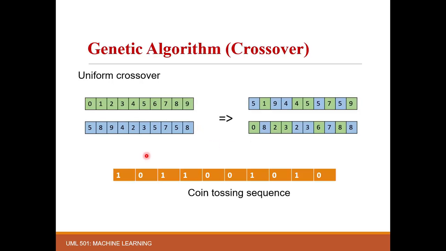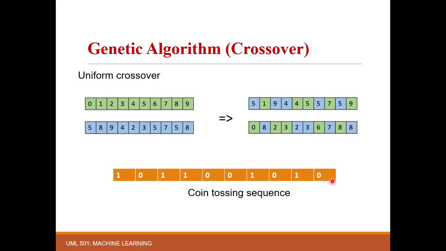Okay, suppose the next sequence is 0, then you don't have to change; the bits or genes remain as they are. Now the next toss gives 1, then you have to change: 4 comes here, 4 comes here, and 2 and 3 come here. Then 0 0, no change, which means 2 and 3 remain as they are. Now again we get 1, so you have to change: 6 goes to the second parent and 5 goes to the first parent.